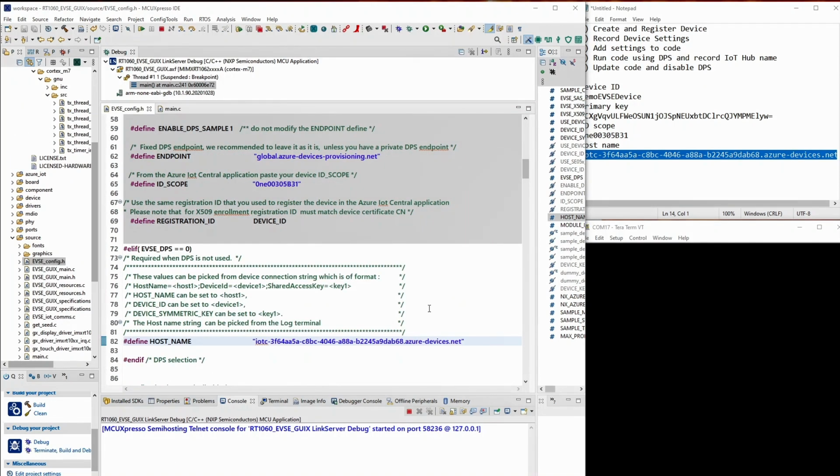Okay, so here we are. We've just updated the host name, compiled it, and programmed the new settings into our IMX RT. And the idea now is we're going to do the same connection again, but this time we won't rely on DPS. We will make a direct connection using the host name. Okay, so let's go to the